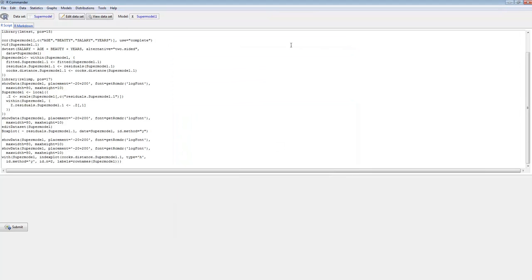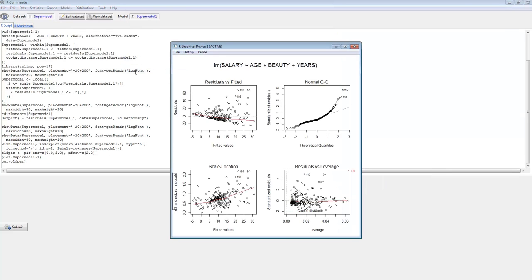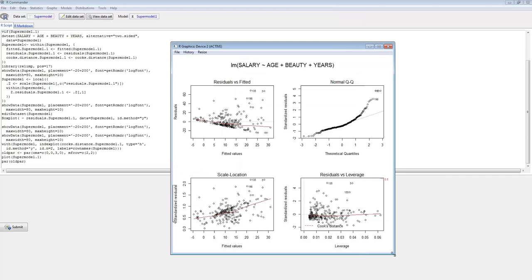The next thing that we'd like to do is continue aiding our interpretation of our diagnostics of the data to make a decision whether this is a valid model or not by using graphs. So if we come over here and we click on basic diagnostic plots, we're going to get 4 graphs that appear. When we were looking at Cook's distance just now, this is Cook's distance,